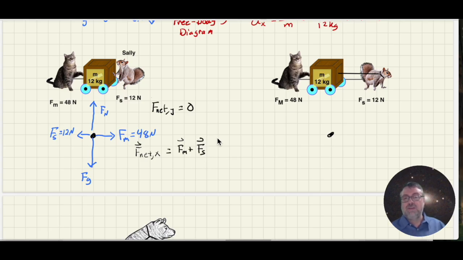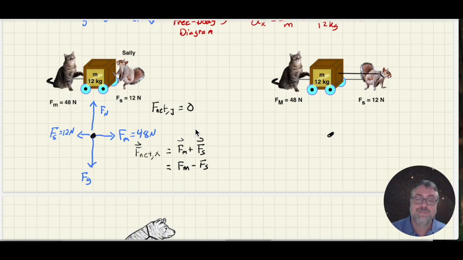Now, it's not a fast rule, but when I personally write my vector equations, I try to keep the vector hat on my variables until I account for signs. But I can see that Sally's force is in the negative direction. So this is really going to become, if I take away those arrows, a positive force for Max, but minus Sally's negative force. Or another way of saying, Max is pushing to the right, Sally is opposing that by pushing